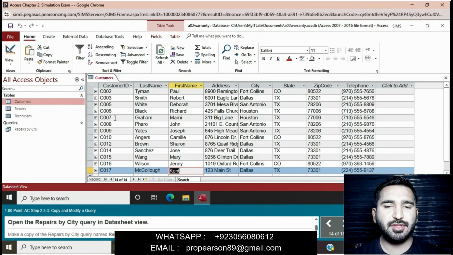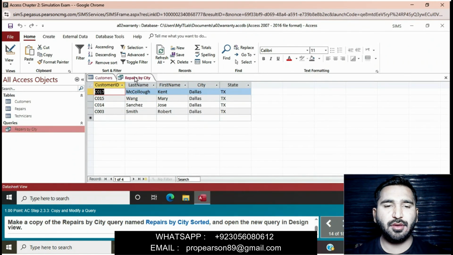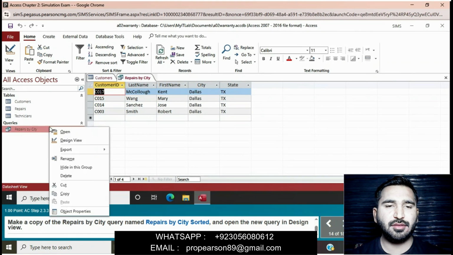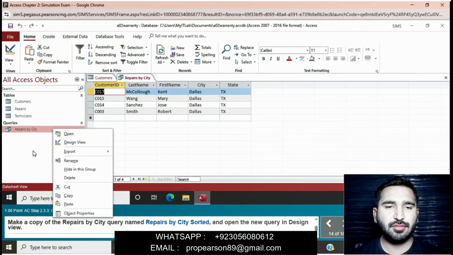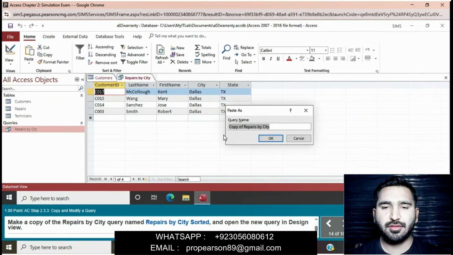Open the repairs by city query in datasheet view. Make a copy of the repairs by city query named repairs by city sorted and open the new query in design view. Okay, we will make a copy. Right click on this and then copy and paste.